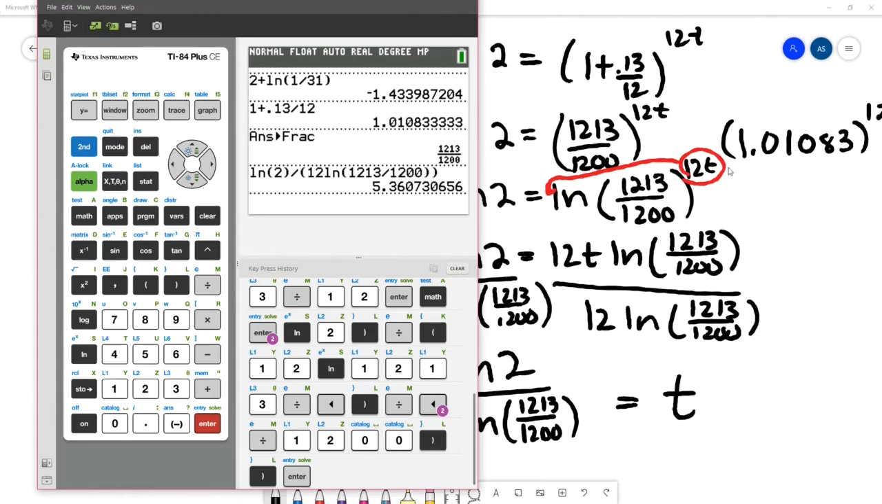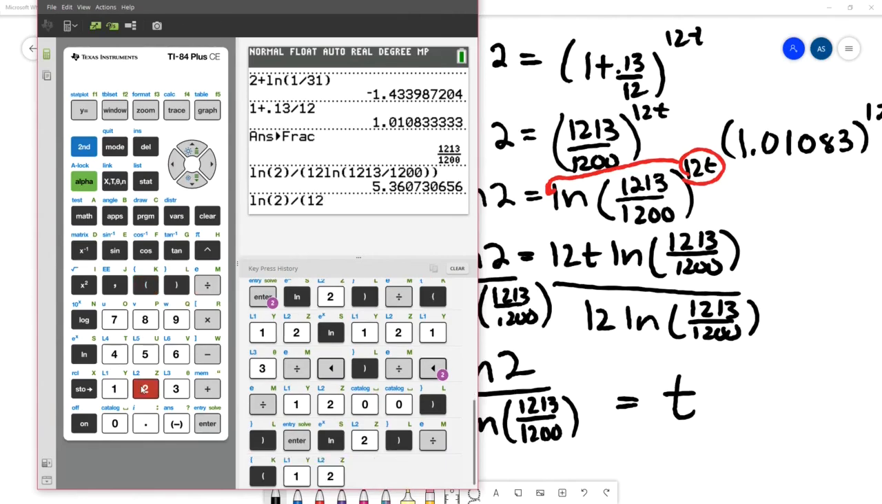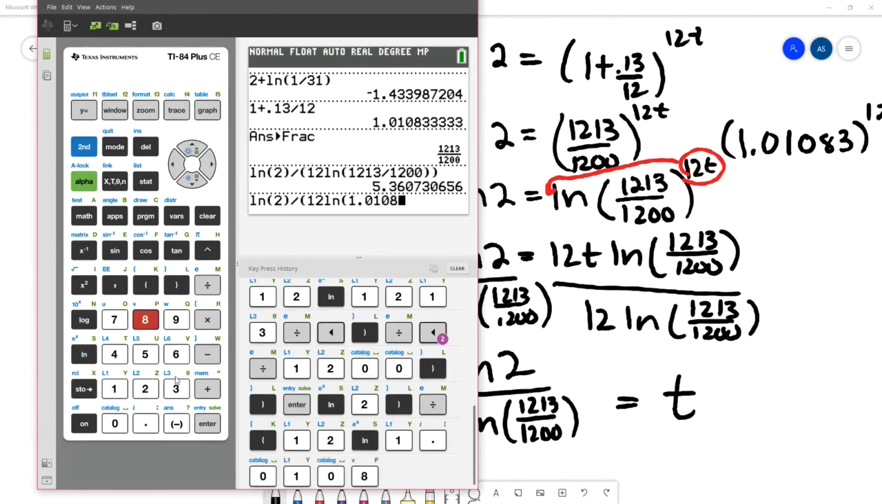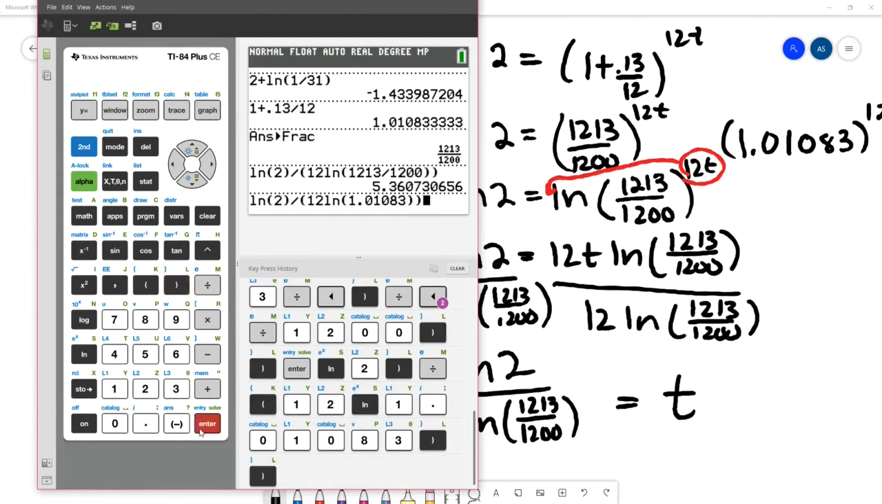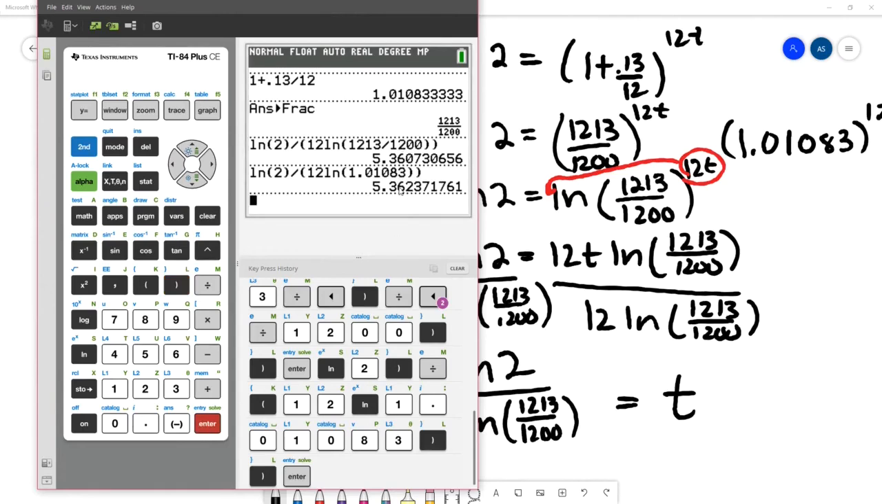I want to see how far off we are. So that would be natural log of 2 over parentheses 12 natural log of 1.01083, close parenthesis for the log and for the denominator. So we can see you get 2 decimal places that are the same, but the third decimal place is different. So it does cause rounding issues very quickly,